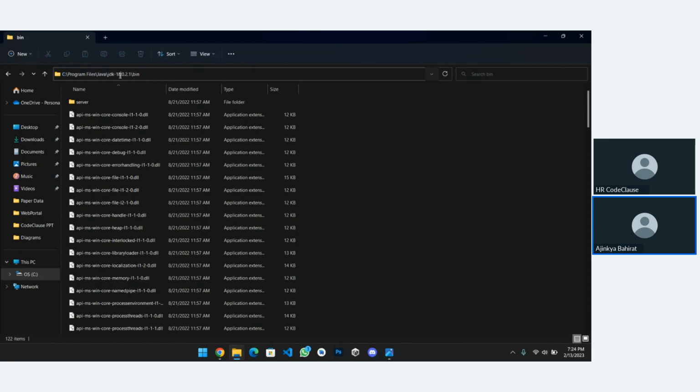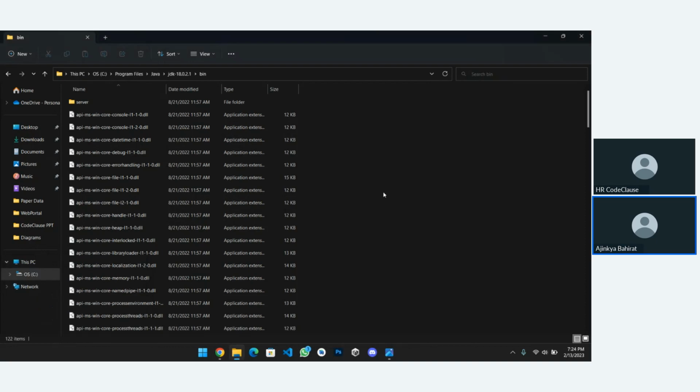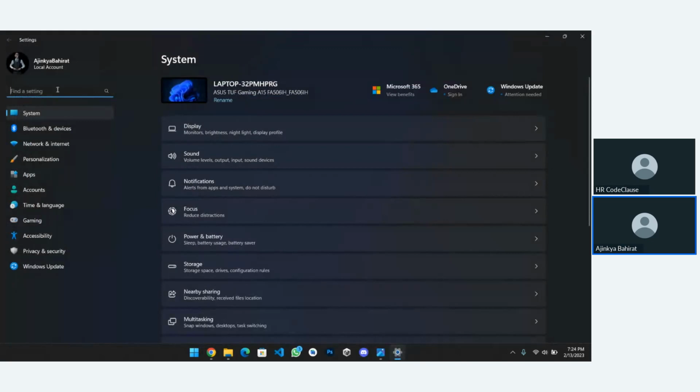Currently my Java JDK version is 18. If you have a different version, no worries, no issues. There are a few slight differences, but anything will be fine. Wherever you installed it on the drive, like C, D or E, go to Program Files, then Java, then JDK, and then bin. Just copy this path, then press Windows R, or you can simply go to settings, and here you can search